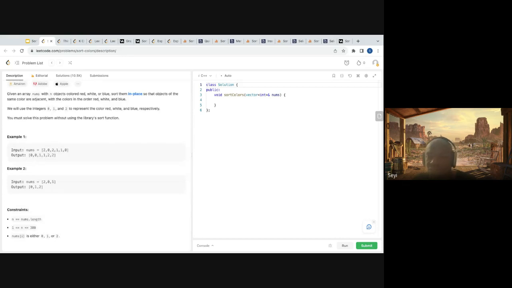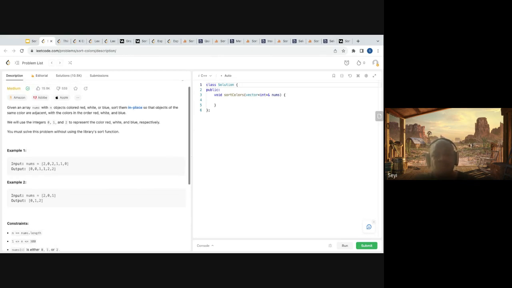Now, there are other ways you can do it with 2 pointers and swapping. I think you can use 2 pointers for this as well, but I'm just trying to look at different approaches. Can we throw this in the heap? Maybe we just need to count the occurrences. Then we populate the array, but then we incur extra space. So we count the occurrences: 0 occurs 2 times, 2 occurs 2 times, 1 occurs 2 times. And then we populate the array with the occurrences. That's a very straightforward way to do it, but then we incur extra space. It's not constant.